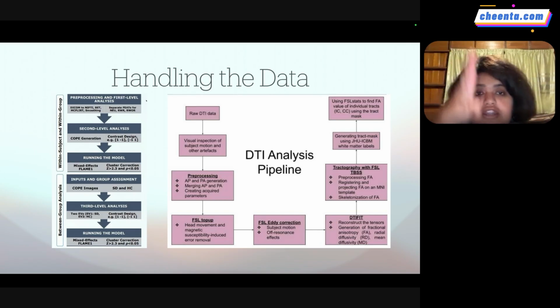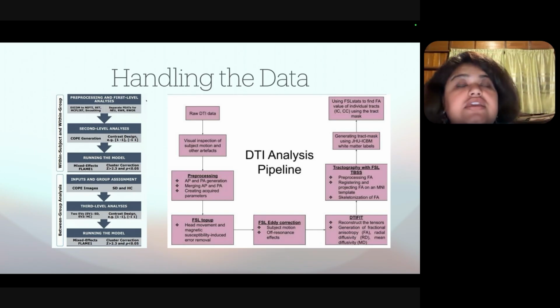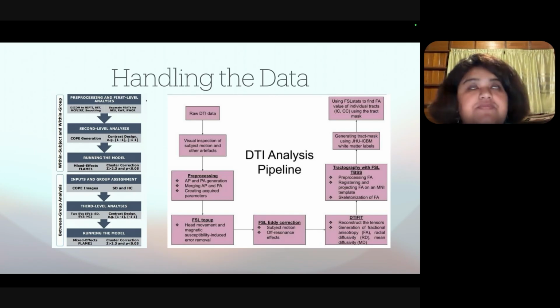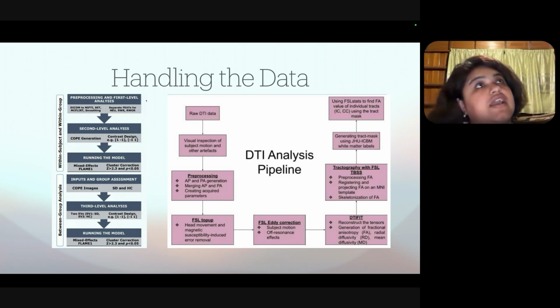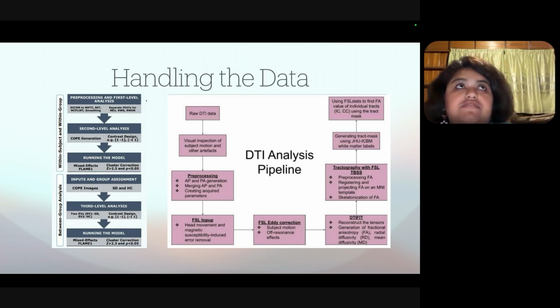The particular analysis I am explaining here is in terms of a study. This study is done by one of my colleagues, Dr. Roy. He is looking into subclinically depressed patients and their risk and reward behavior. So he designed a study which studies the risk and reward behavior of people, and he collected data from subclinically depressed people and healthy individuals.